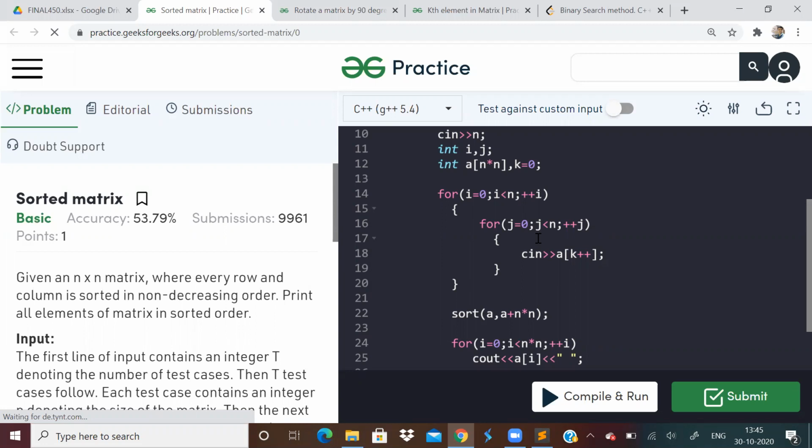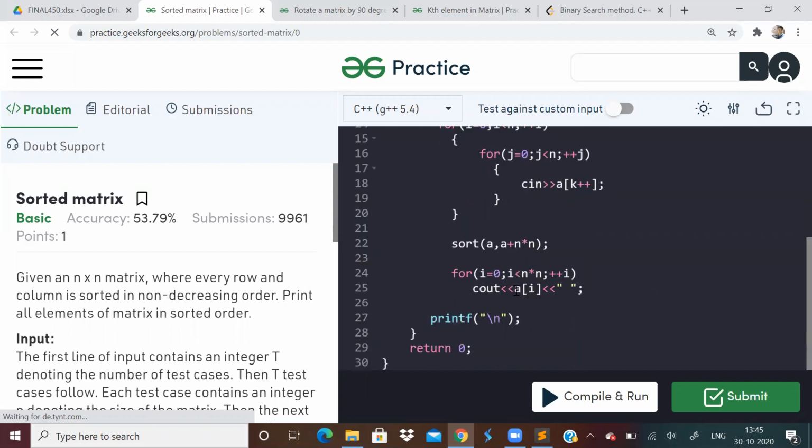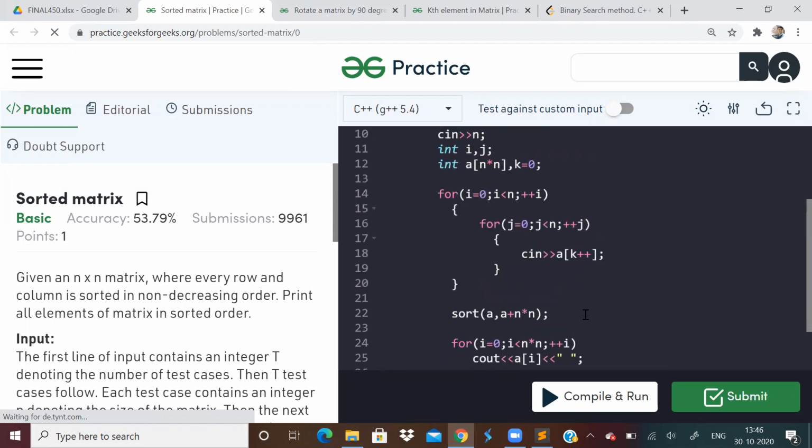Let us just take an array of dimension n into n because the matrix size is n into n. Let us accept the array, sort the array and get the answer. We can also use a priority queue over here, I suppose, but it won't be so helpful because you have to print all the elements. But I have just taken an array over here and sorted. Time complexity will be n log n. So in such kinds of questions, sorting, priority queue, binary search, these concepts will be revolving most of the time. So keep that in mind.